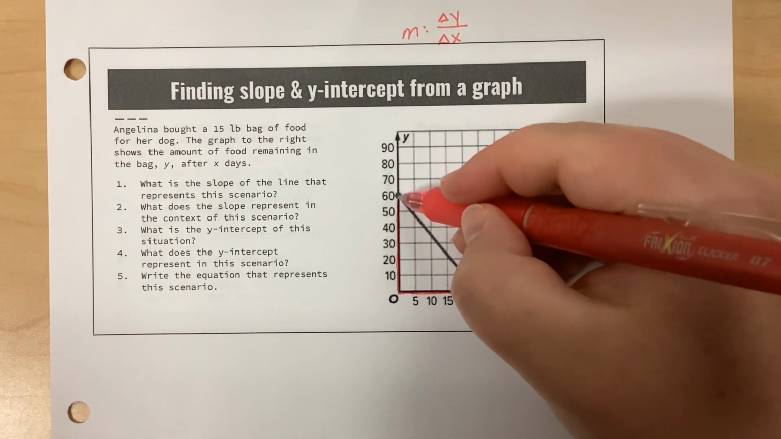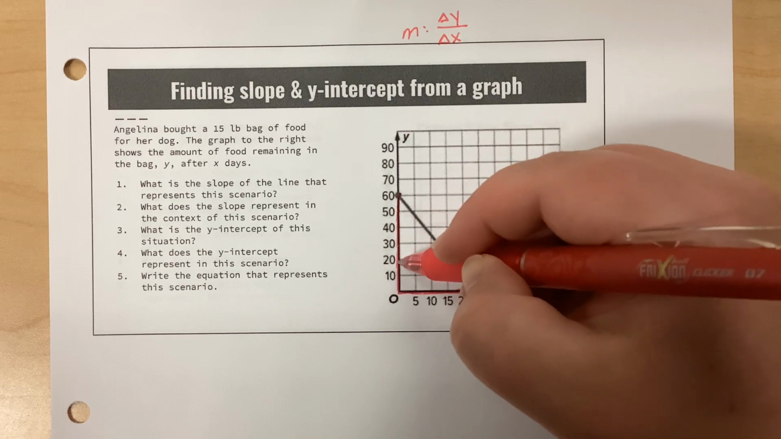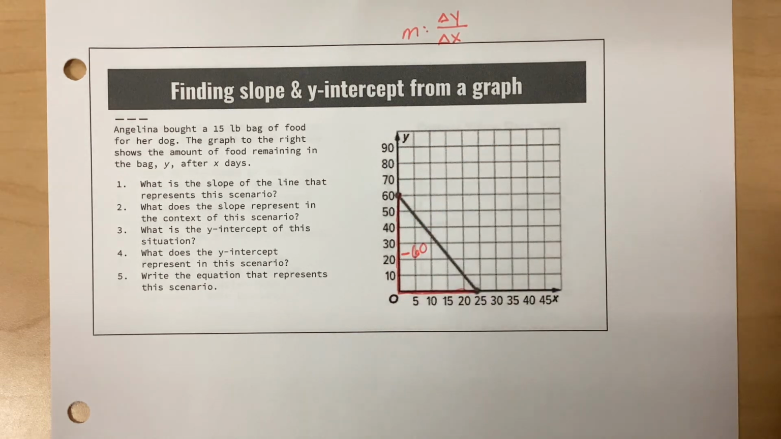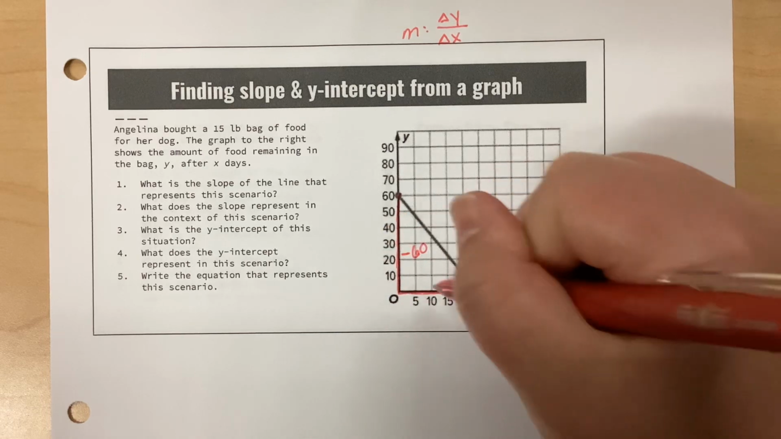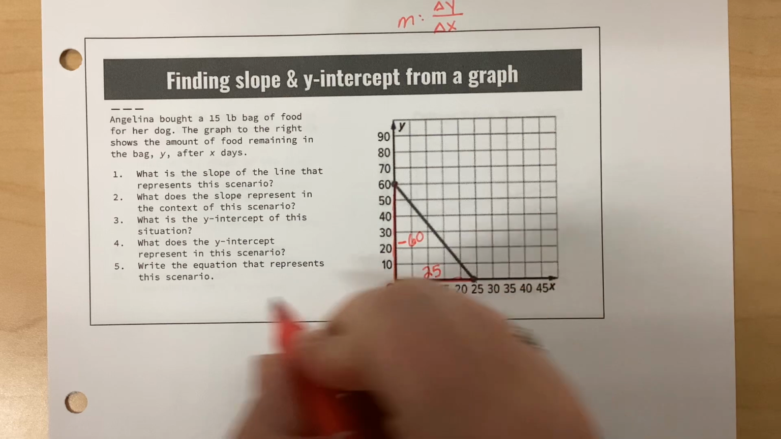But notice that these are going by 10s, and they are going down. So it's 10, 20, 30, 40, 50, 60. But since it's going down, that's negative 60. And then it's going to go over 25. Okay, so when I go to write out my slope,